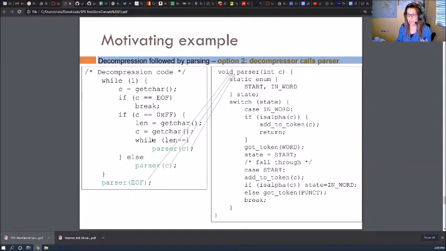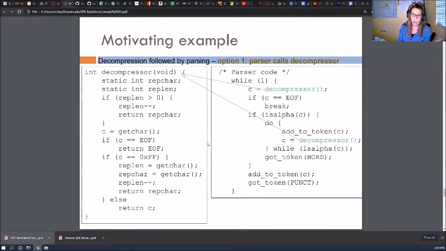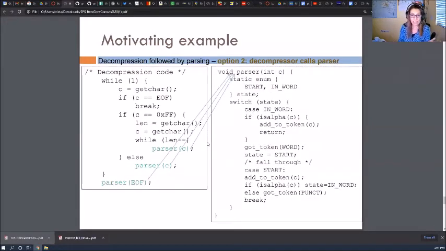And so every time that you get a character and you have enough words, then you say parse this character, right? And at this point it's up to the parser to emit the tokens. So you can do it the other way around. This is a push model. So you have the pull model and you have the push model, and those are all valid, right?